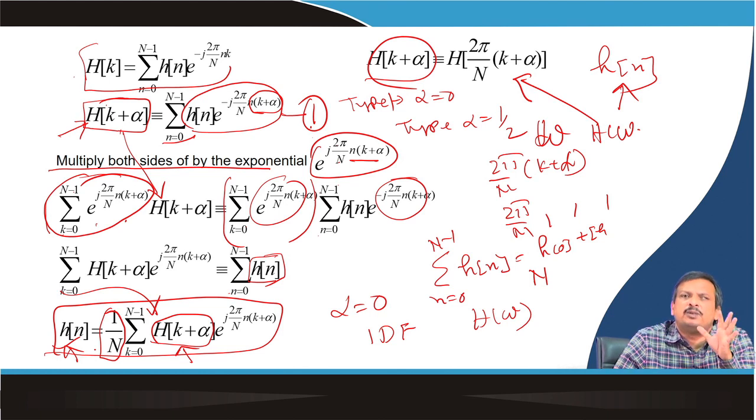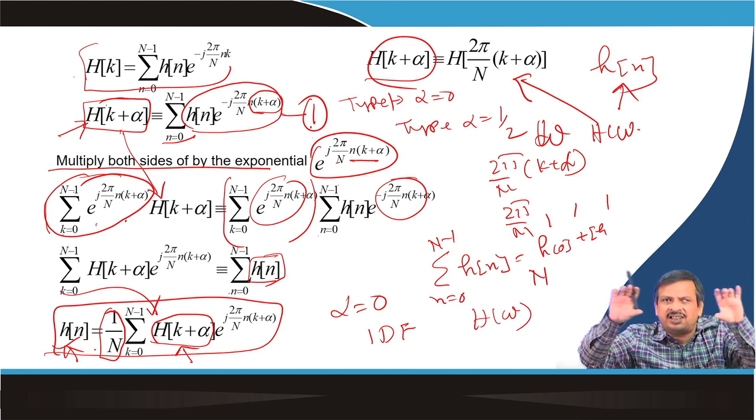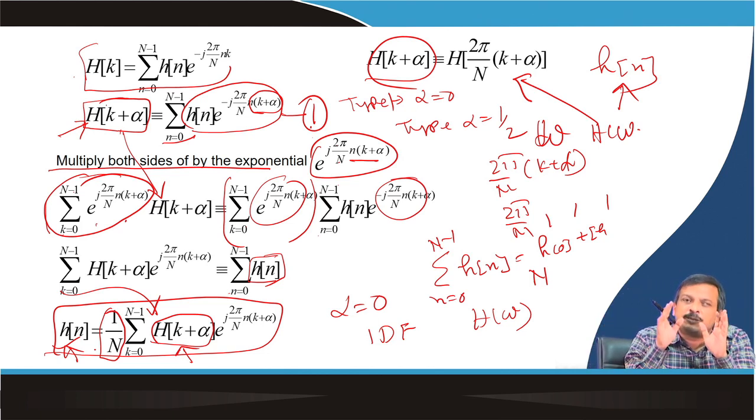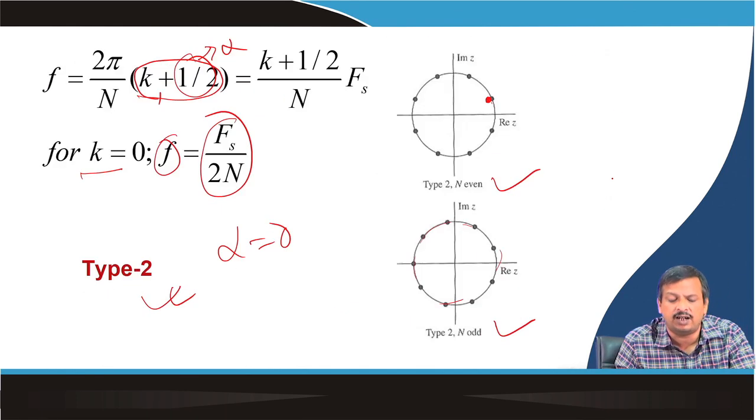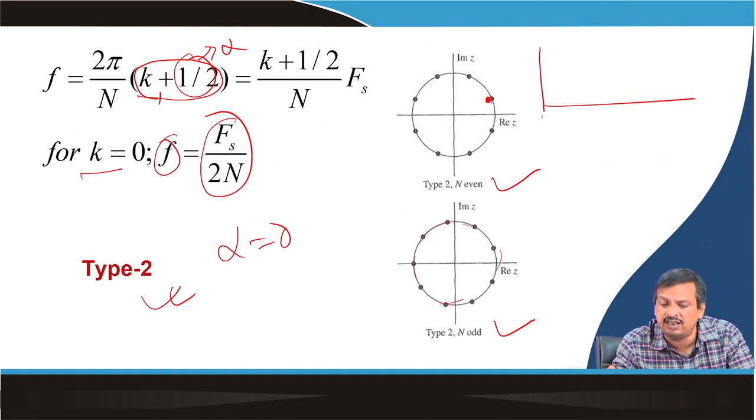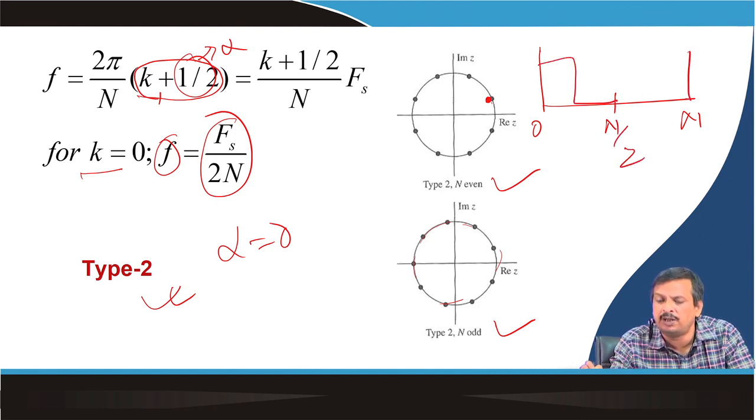So, the idea is very simple. The specification is given: the magnitude spectrum of the filter is given. What is a spectrum? The y axis is the magnitude, the x axis is the frequency. Now, this is symmetric. As you know, any discrete Fourier transform is symmetric, this is 0, this is N. So, I know N by 2 point symmetry. If this is my filter response, this will be repeated here also. So, from there I sample it.